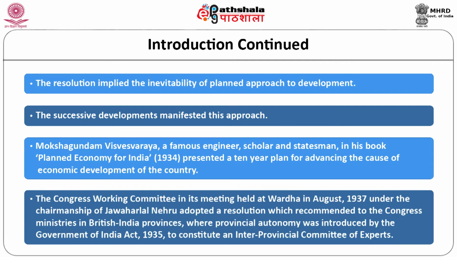The Congress Working Committee, in its meeting held at Wardha in August 1937 under the chairmanship of Jawaharlal Nehru, adopted a resolution which recommended to the Congress ministries in British India provinces, where provincial autonomy was introduced by the Government of India in 1935, to constitute an interprovincial